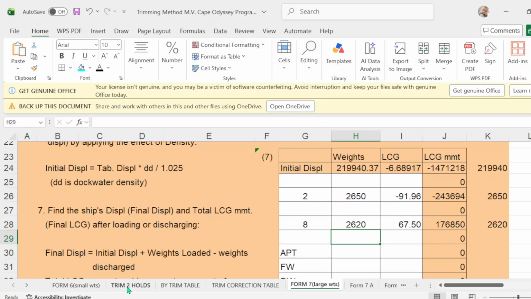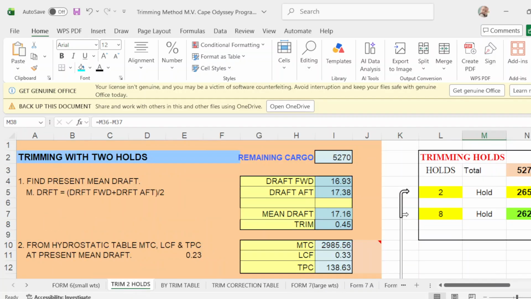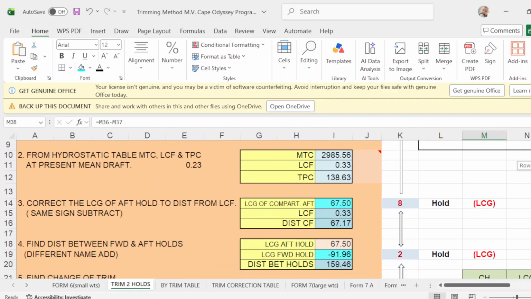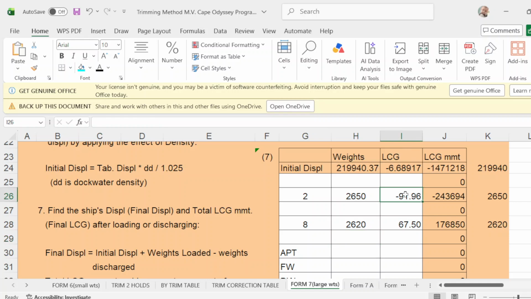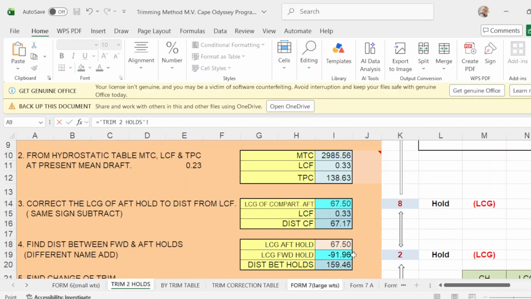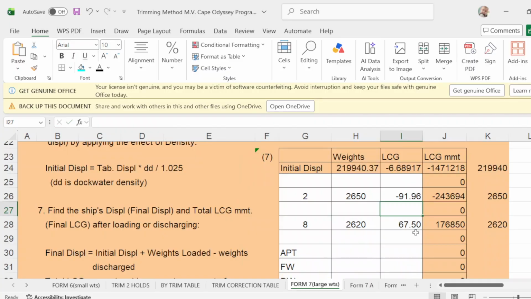You go to trim 2 holds. Take note for the LCG of number 8 and LCG of number 2. You go to form number 7, you can click this equals. Okay, then go to trim 2 holds. Number 2, the LCG is this one, 91.96, negative 91, put enter. There you go. Then you put your equals.